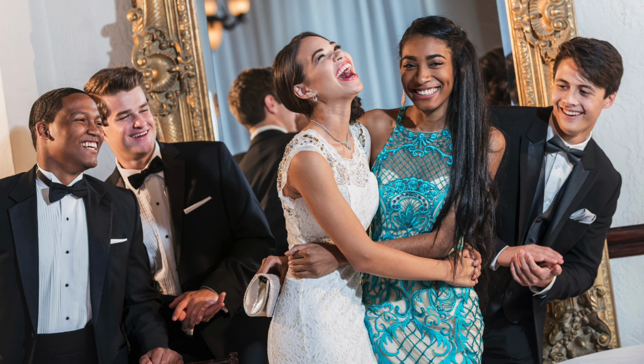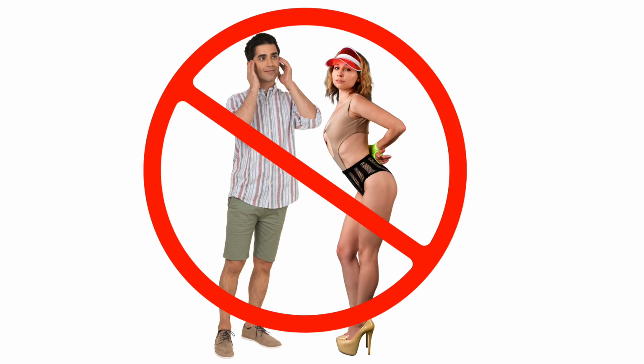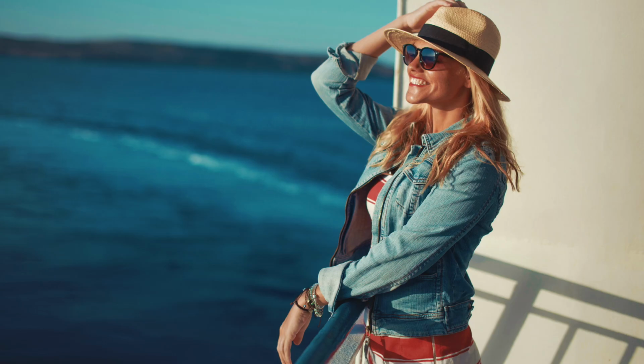The dress code on cruise ships has relaxed in recent years. Gone are the days where you're expected to wear a three-piece suit or a ball gown to every dinner. Most cruise lines have a smart casual dinner dress code. This means shorts and excessively revealing attire is banned, but otherwise cruisers are left to decide for themselves what an appropriate cruise outfit is. For Joe and I, dressing to the nines is not a priority,